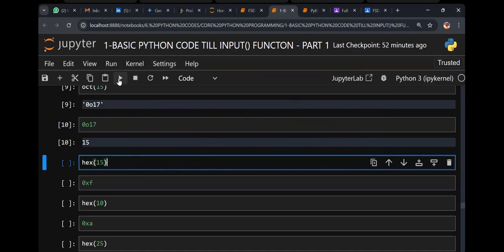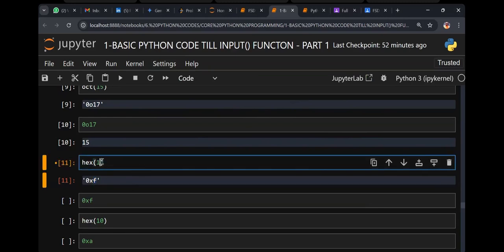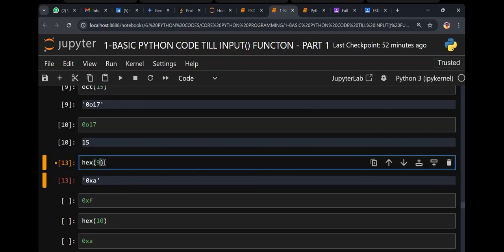Hex of 15. Do you see 0xf? 15 means F. If I change to 14, what is the output? E. If I say 10, what is the output? A. Concept clear? Everybody understand?